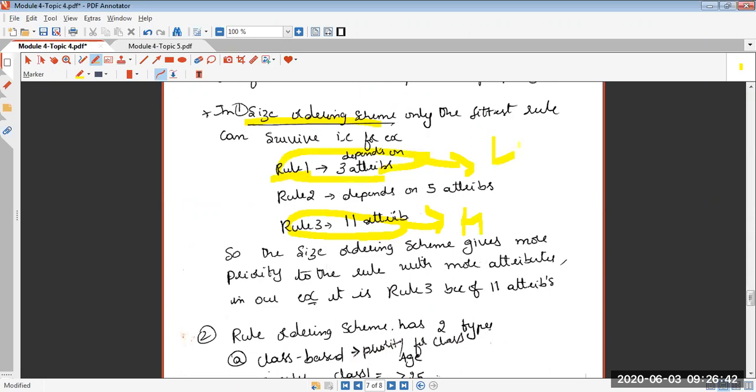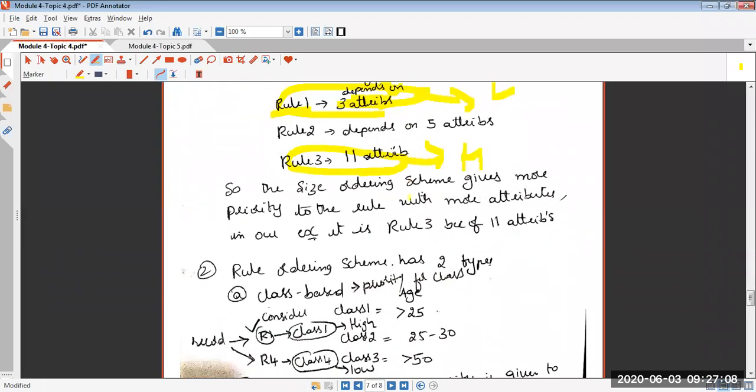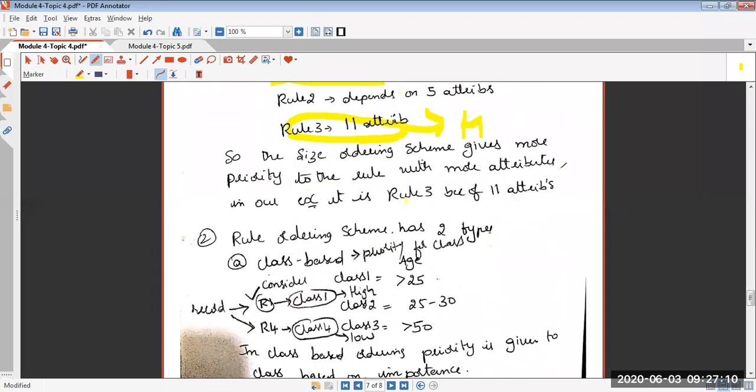We also understood this is not the best way of doing it. What is the reason? Even if rule 1 has only 3 attributes, there is a possibility that one of the attributes present inside the rule may be a very important, very significant attribute related to that application. So this is not the best way of doing it. That is what we understood in the previous class. That was our analysis. Until now, the discussion was related to ordering the rules based on priority, voting, and the number of attributes.